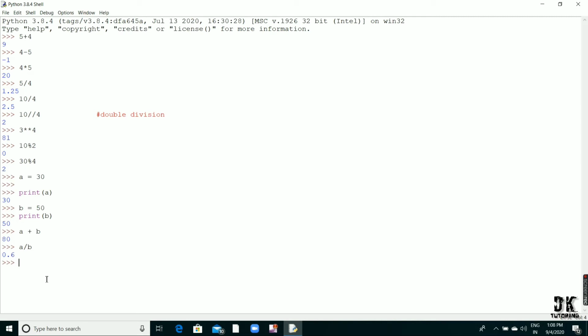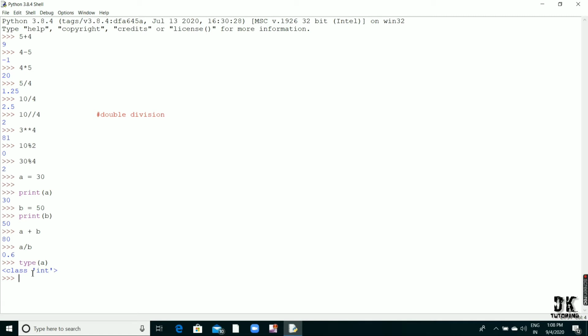Suppose I define here a as 30, okay, and I want to check what is the type of a. So here you can write type of a. Okay, see, it is giving me the integer type of data, class int.